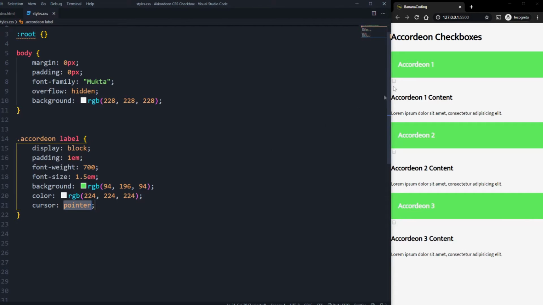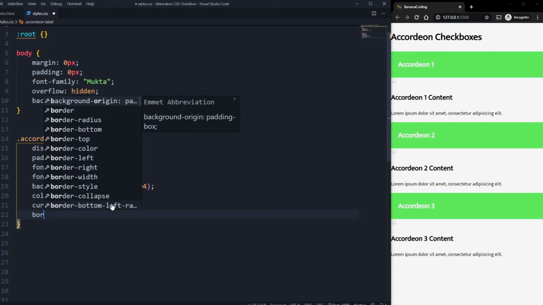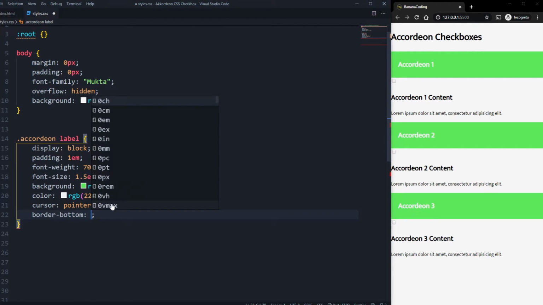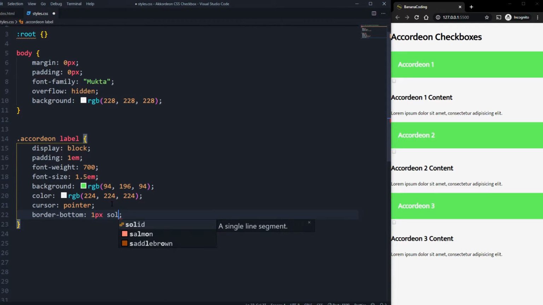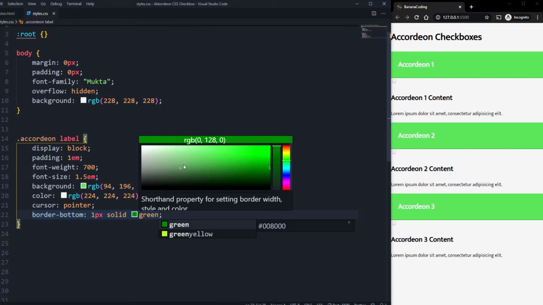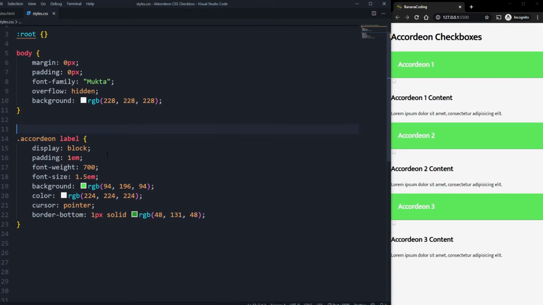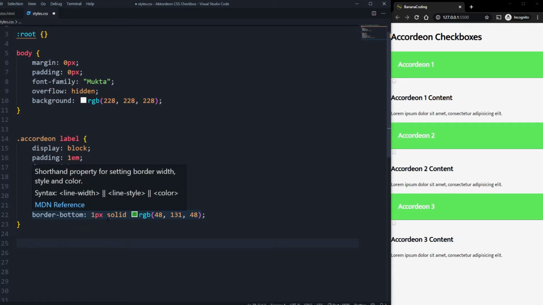So if you hover the label, as you can see now, if you click on the label here, it will check and uncheck the box here. And lastly, we're going to give it a little border bottom of 1 pixel solid, and maybe in this case a dark green, a darker green, something like this for example. You can take whatever you want. Alright, we are already